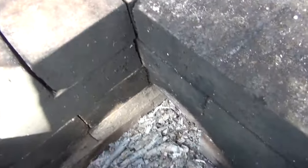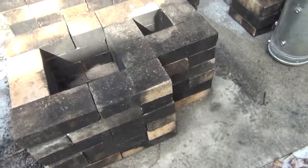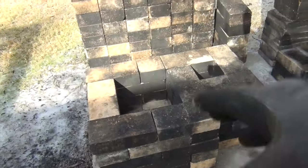2 bricks by a half into the start of the riser. And the idea behind this stove is, here's the air hole. It's only 1 brick, 9 inches from the air hole to the start of the riser. So everything's going to want to burn across this one channel. But the idea, if you extended this hopper out 3 feet, you just filled it with hundreds and hundreds of sticks,